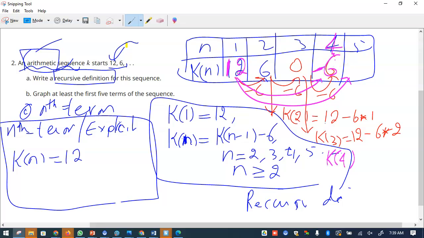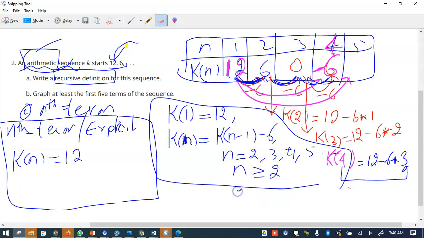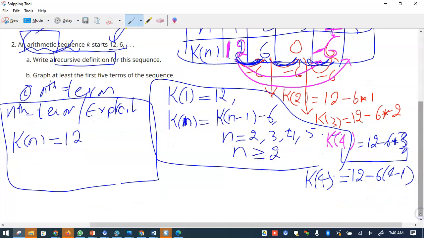So you are going down minus 6 and another minus 6, so 3 of them. So we'll write this equals the 12 that was before, and then times 3, and clearly see the relation. This is K4. So this K4 is the one that is in the beginning, minus 6 times, I can write this 3. This 3 can be written as 4 minus 1. See? So therefore, your final answer we can write is, and in Kn, so here it is, Kn is